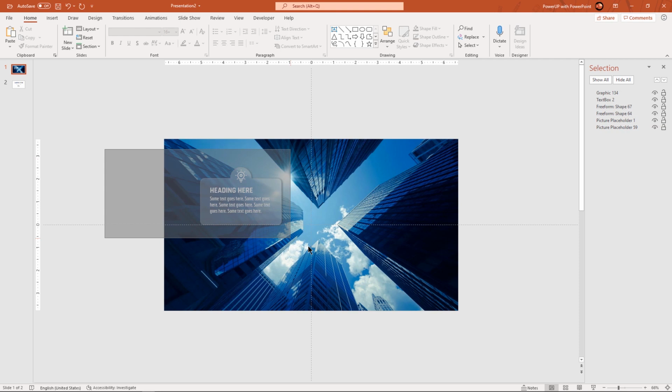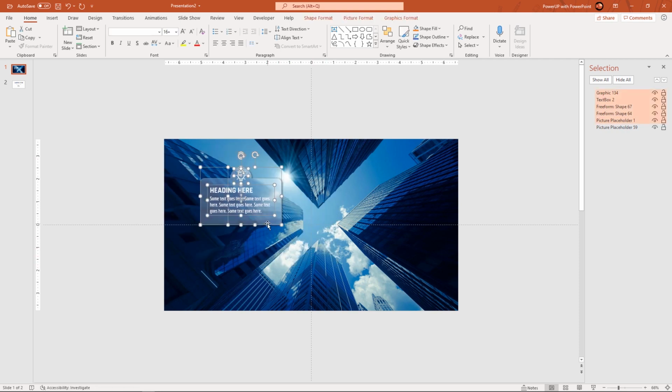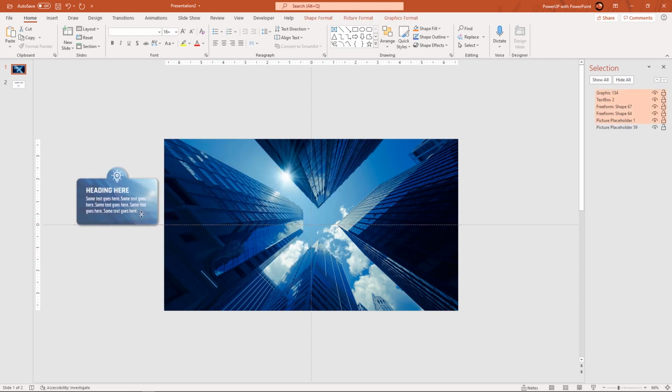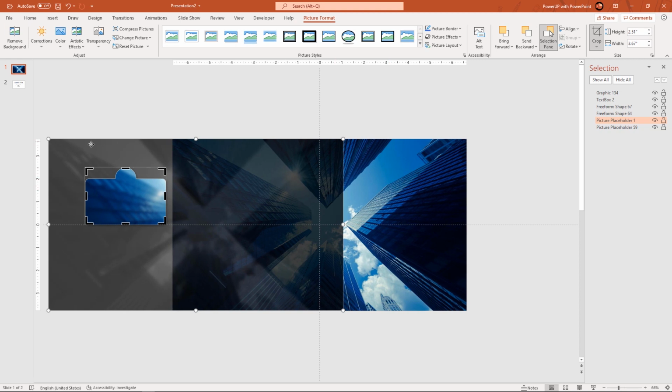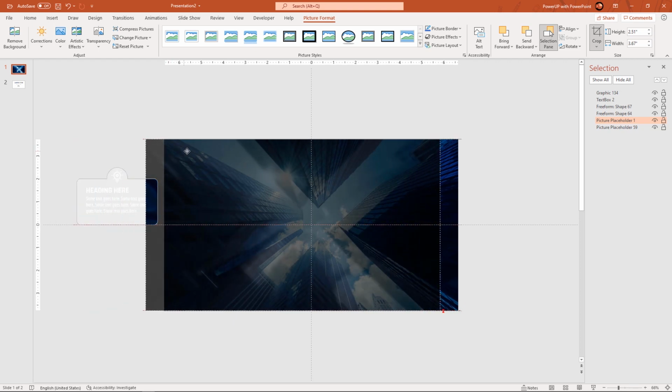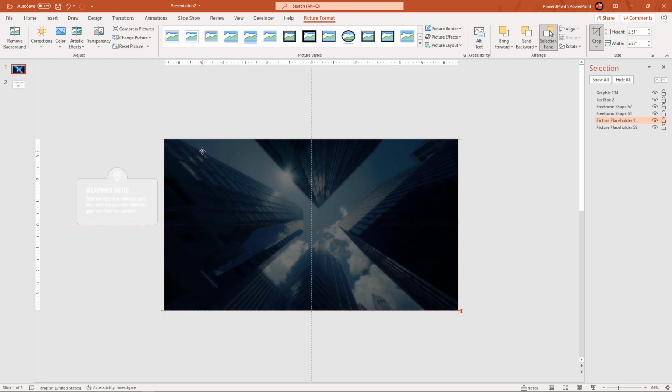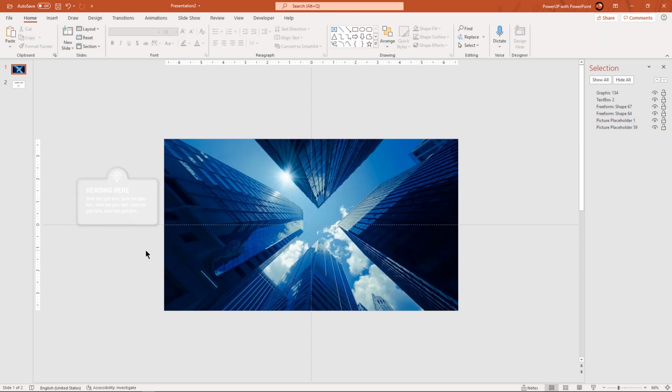Now select all these shapes and drag them outside the slide area, and that will be the starting point of our animation. To get sliding glass morphic effect, we need to fix one important issue here. Select the picture placeholder under the selection pane and then enable the crop option. Now you can see our image has also shifted its position when we moved our picture placeholder. So we need to drag and align it with the background image again. This happens every time we move the shapes, and every time we need to adjust this image with the background.